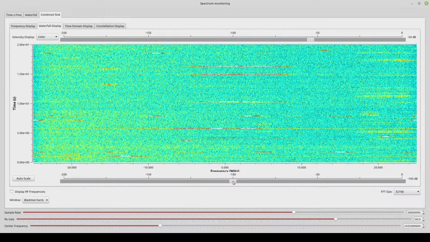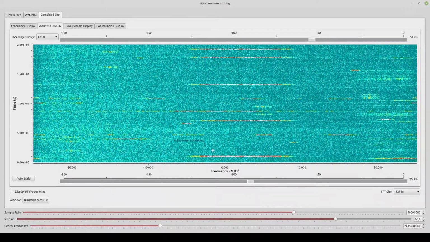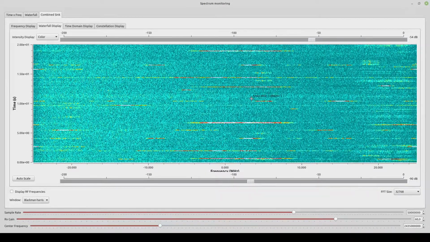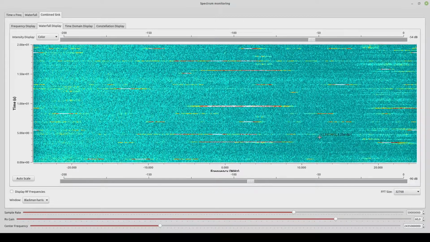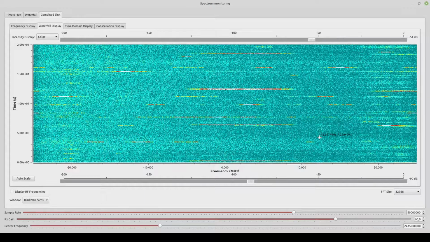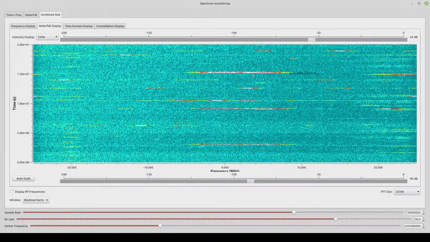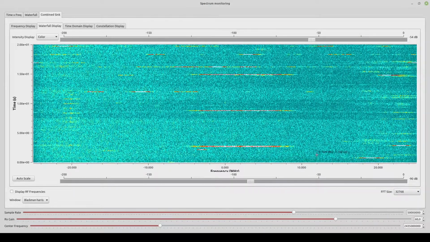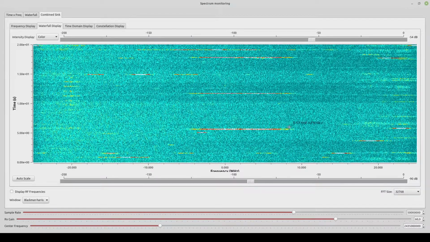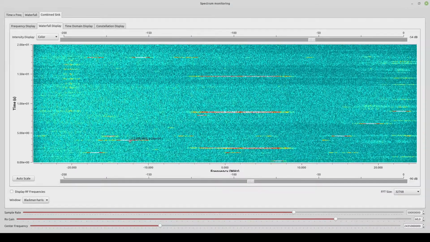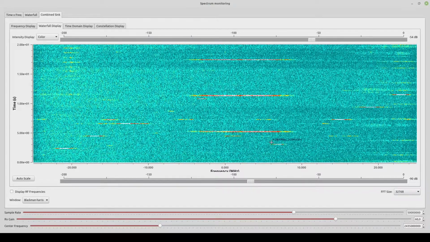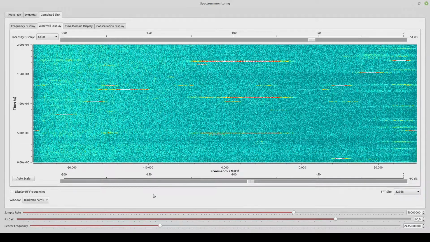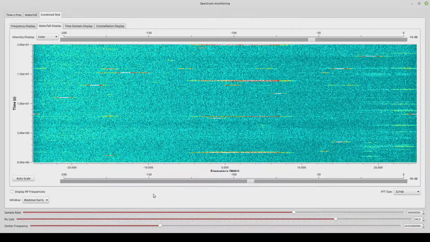And it also allows us, like in this case, to look at pretty much half the bandwidth of the ISM 2.4 gigahertz band, which is great. And here we can see that there is actually quite a lot of traffic. We can see fairly wide transmissions, about 20 to 25 megahertz wide, which are basically Wi-Fi signals, Wi-Fi packets. We can see fairly small ones, which are probably Bluetooth packets, and probably a lot of other things in the background. And so now at least I hope you've got some tools and some ideas on how to look at